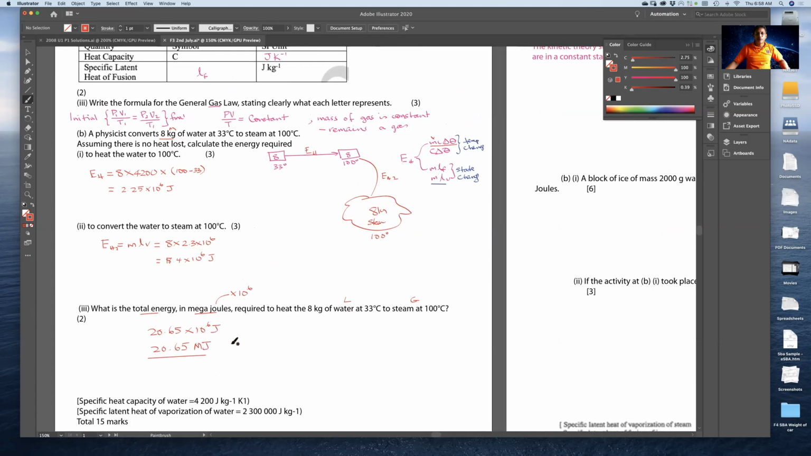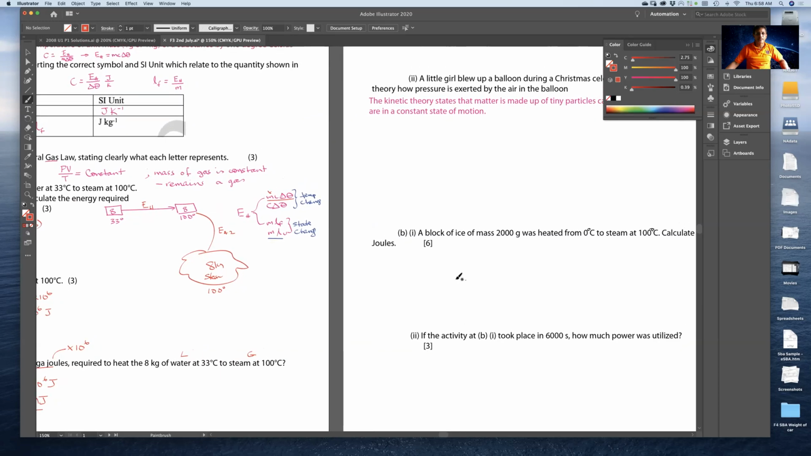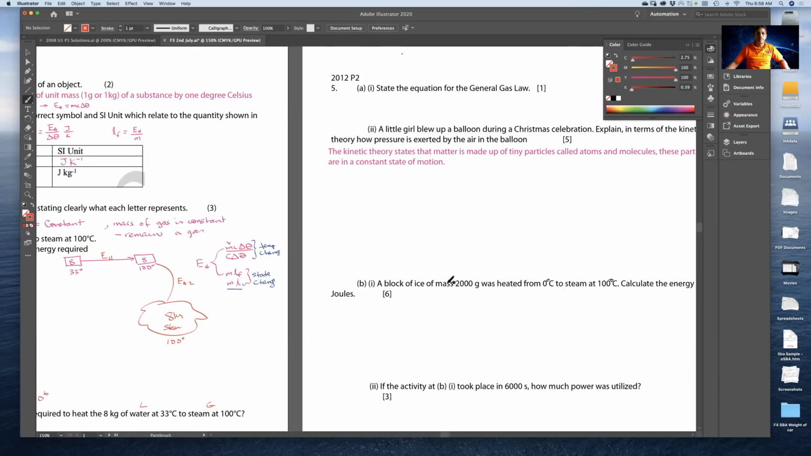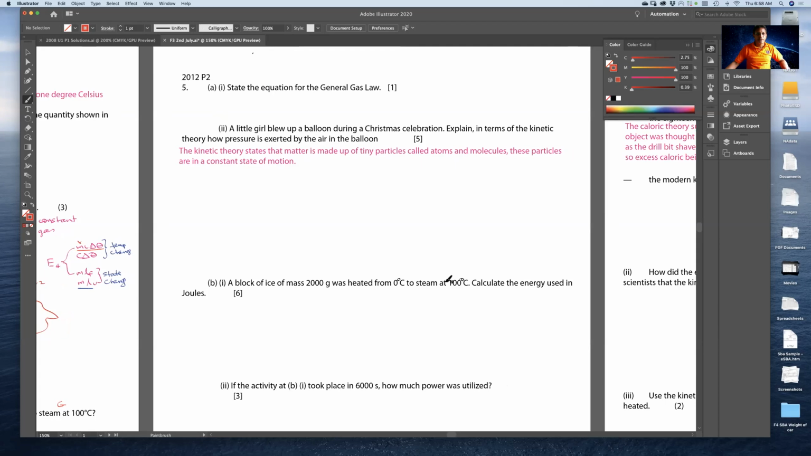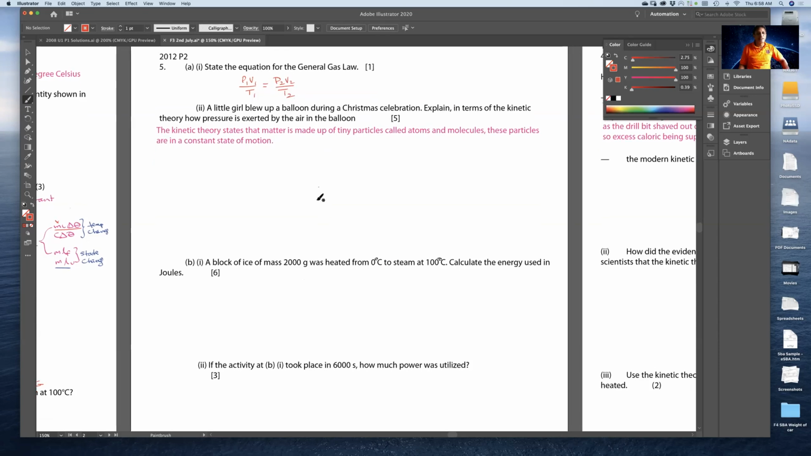Second question I'd given for homework was the 2012 question, which is again, state the general gas law. And again, we know that the general gas law says that P1 V1 over T1 is equal to P2 V2 over T2. And we can explain that. This part talks about